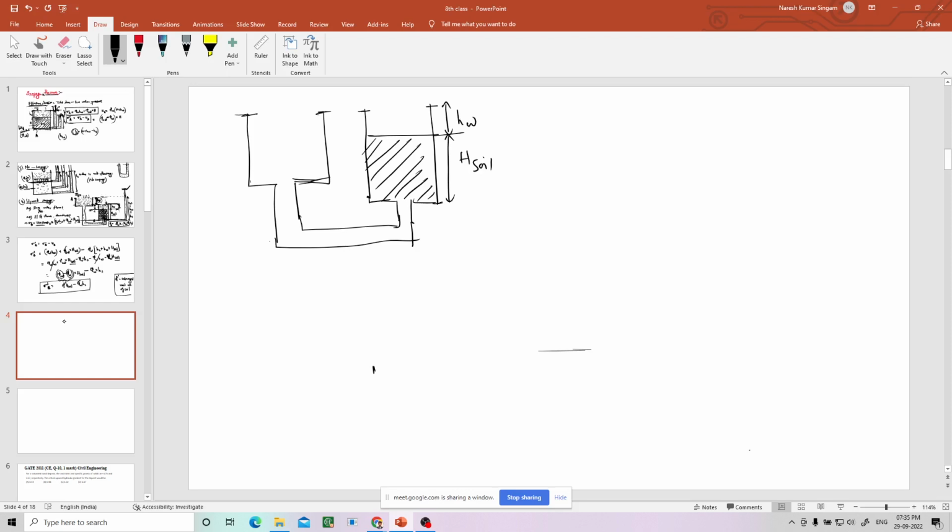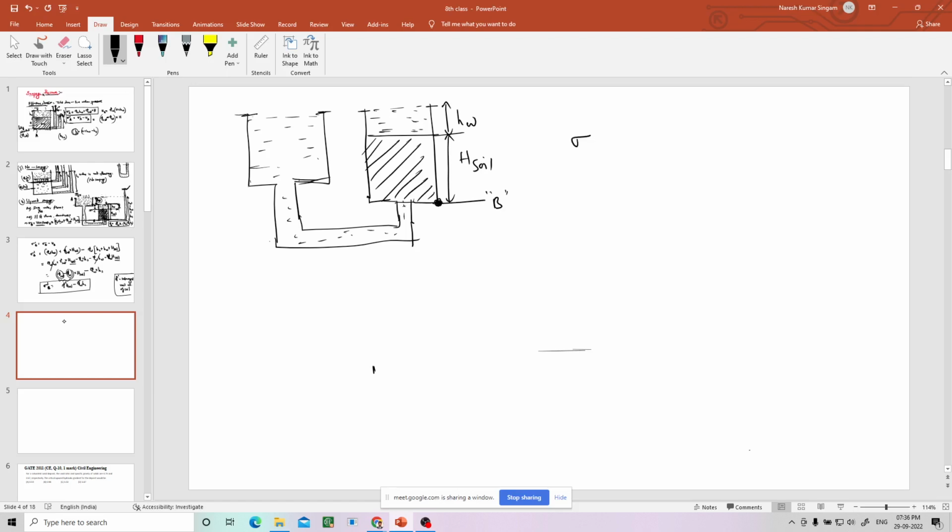Now water is at the same level. Now it is at a still position because both water levels are at the same level. Now if I talk about B,